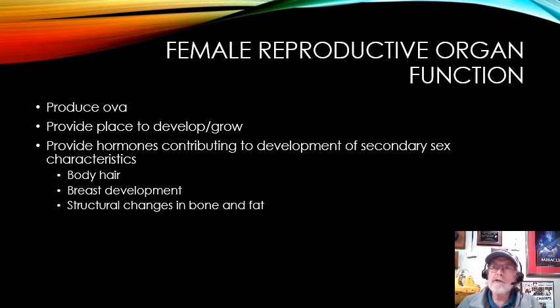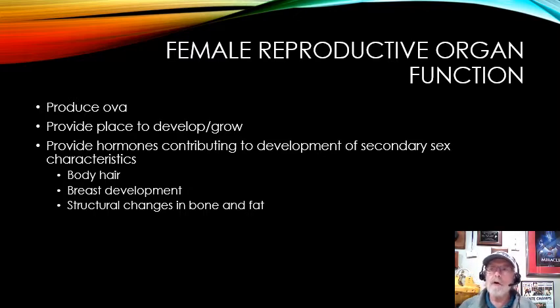However, under a stimulus, like I talked about earlier in the previous video, from a hormone coming from the pituitary called the follicle stimulating hormone, a very limited number of these follicles and ovum will start to develop, mature, ripen, and enlarge. So the ovary becomes the place for these ovum, which are residing there, to mature and develop and grow, and eventually the ones that are stimulated to ripen will extrude themselves to the wall of the ovary at a period of time called ovulation. Okay, so that's what the ovary does.